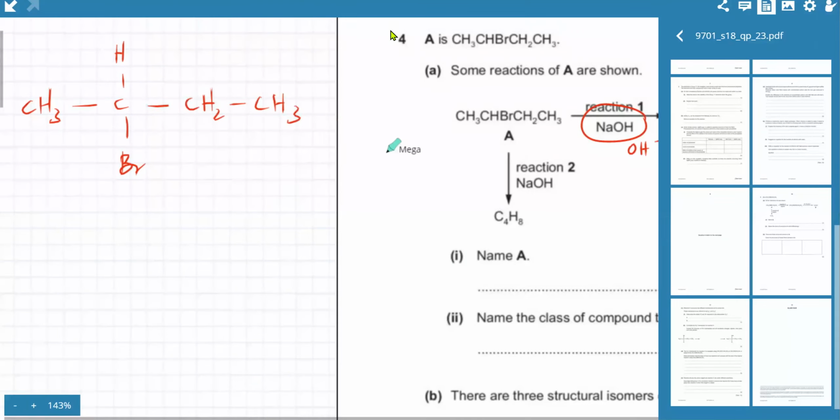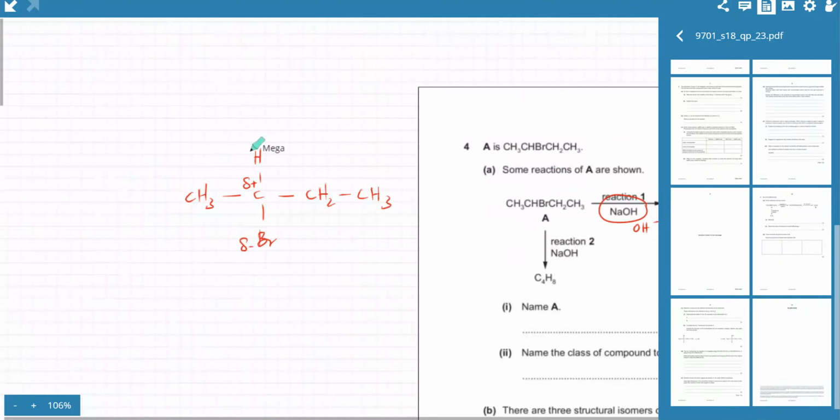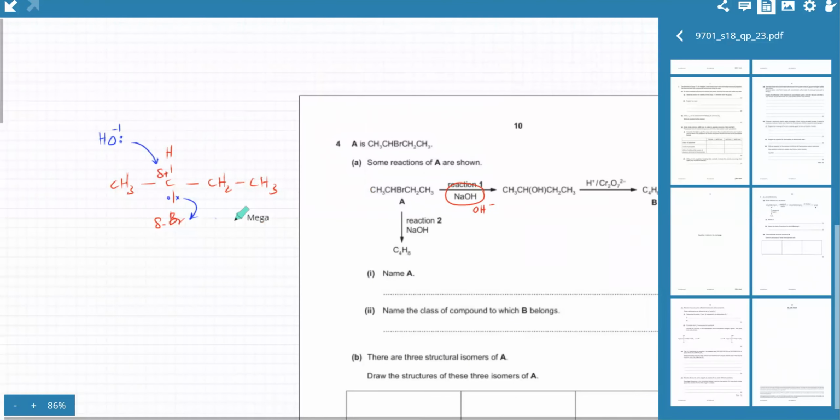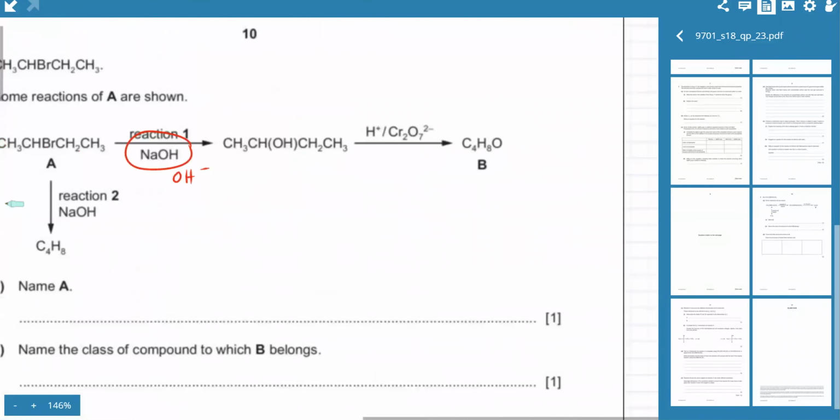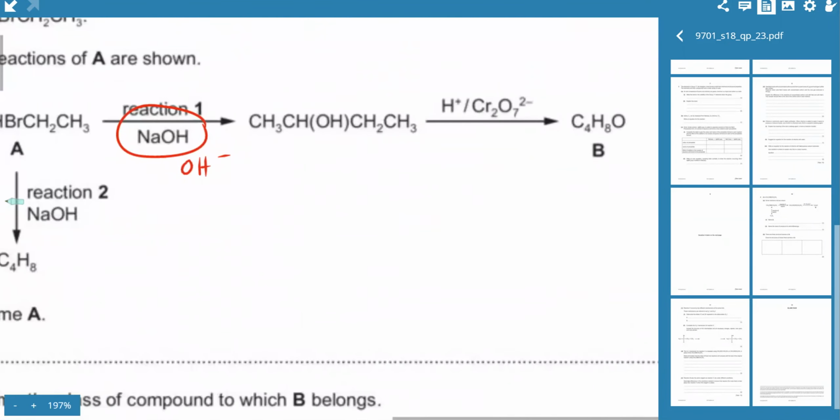That's the molecule. Now, if you have this molecule, the carbon in the middle has a very strong partial positive charge, and this is a secondary halogenoalkane. This is partial negative. So it's a nucleophilic substitution reaction in which the OH minus nucleophile can attack the positive carbon atom, and the electrons over here in the Br would be knocked out and repelled. So the OH would substitute the Br, and that is exactly what's happening here. If you look at the molecule, you would notice that the OH has substituted the Br.